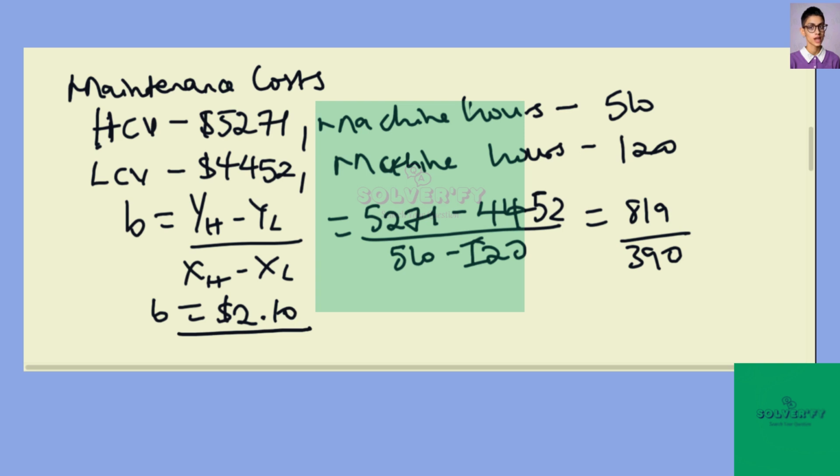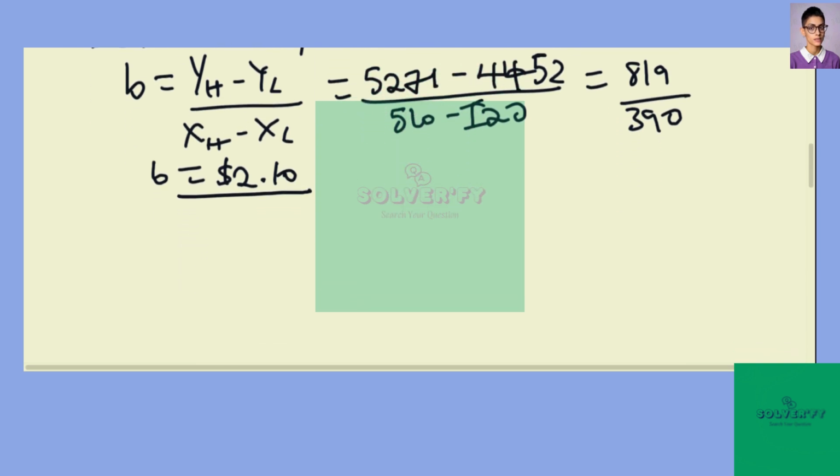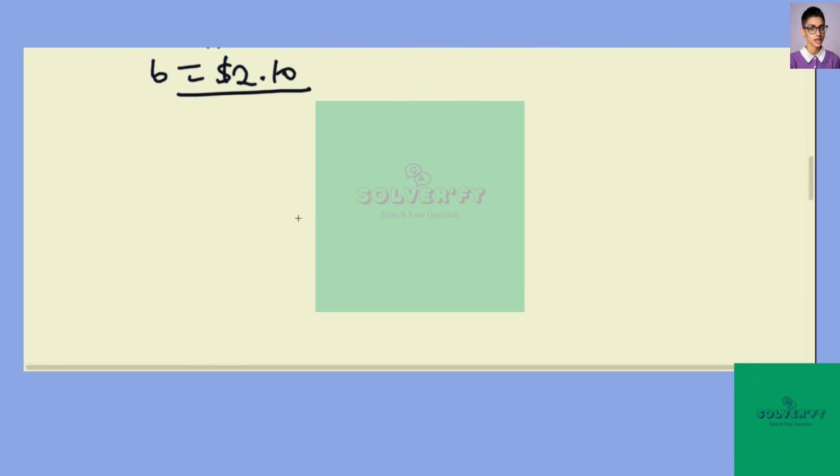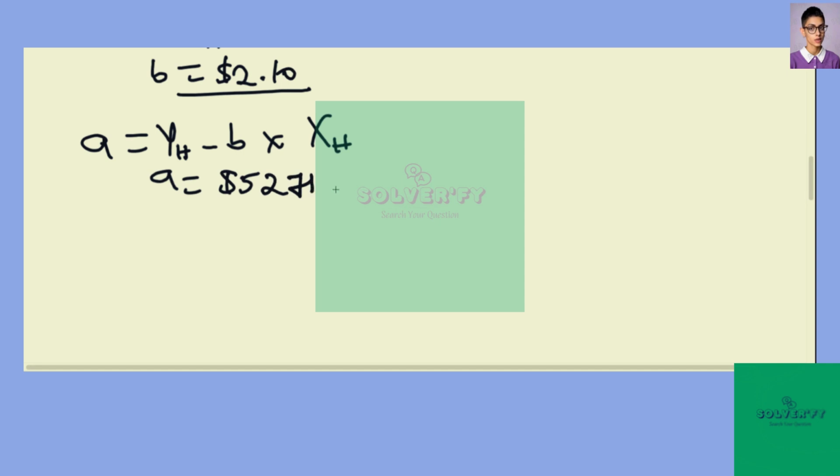Now to calculate the intercept A for the maintenance cost with the highest value of 5,271 and the machine hours of 510, the intercept A would be YH minus B multiplied by XH. So A would be equal to 5,271 minus 2.10 multiplied by 510, and then A will be equal to